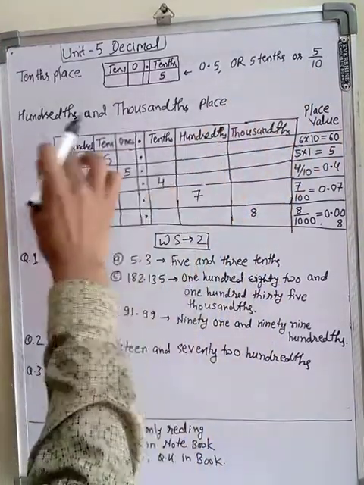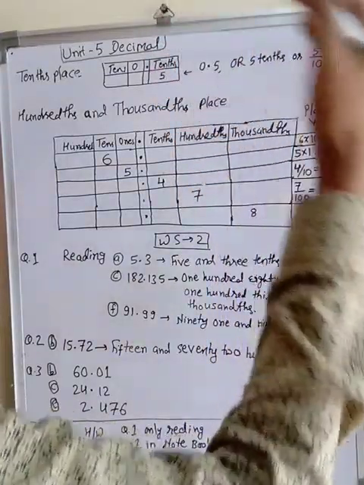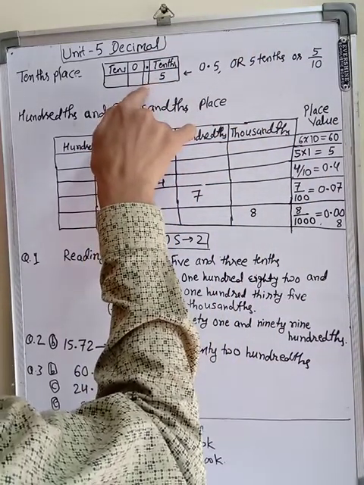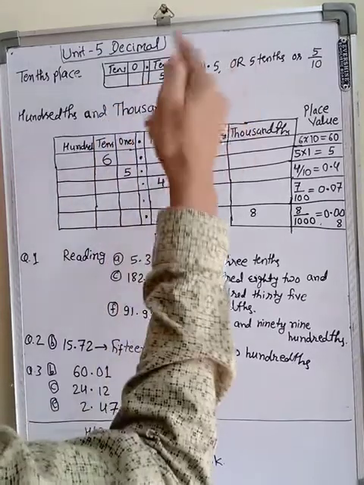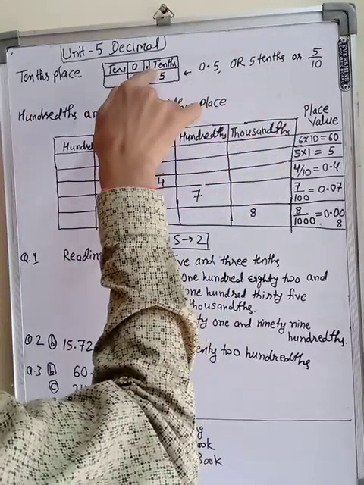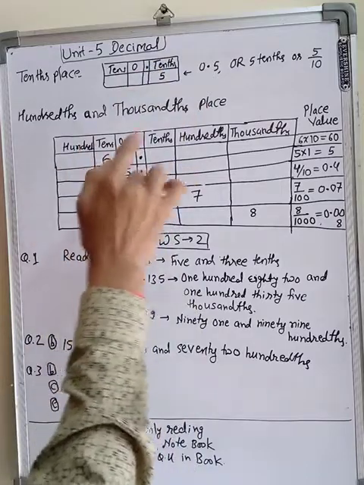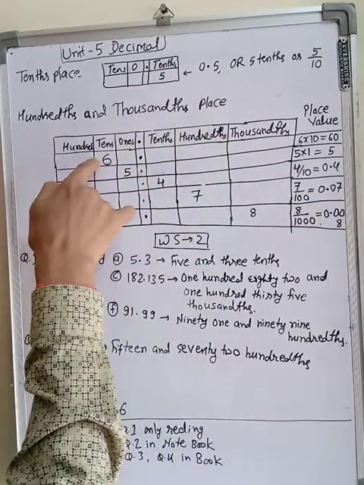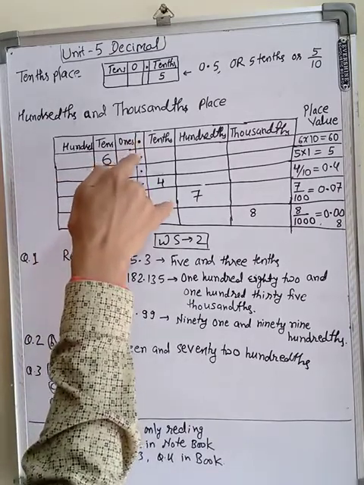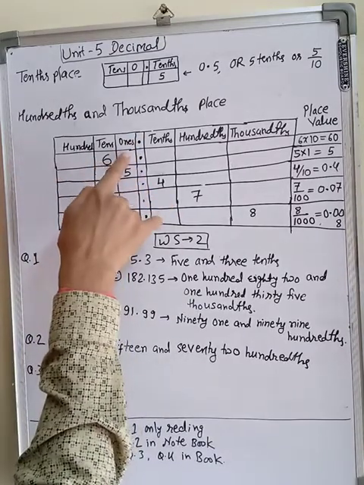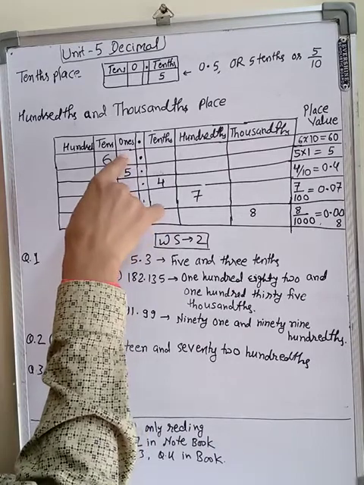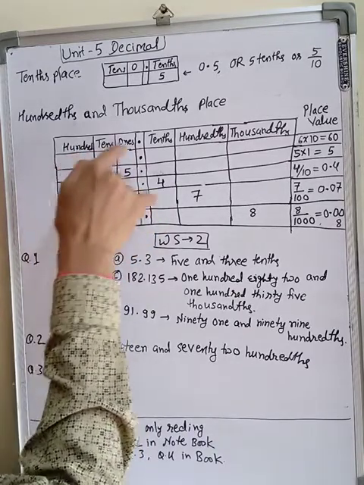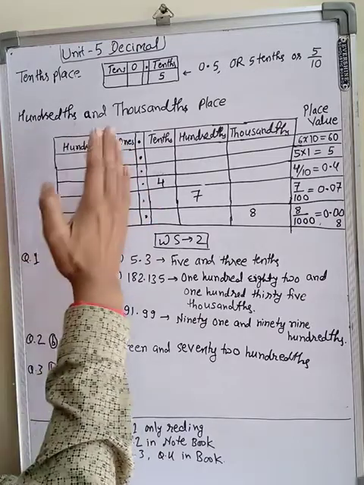So if we jump one more place to the right-hand side, what will happen? We jumped one place to the right, and the name of the place was tenths. If we jump one more place, I have drawn this chart. You can see this is the decimal. After the decimal, on the left-hand side, the first place is the ones place. This you learnt in class 4. This is the tens place, this is the hundreds place. These places on this side you have already learnt in previous classes.